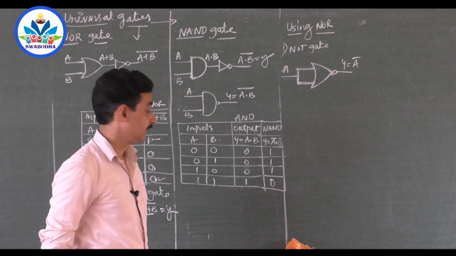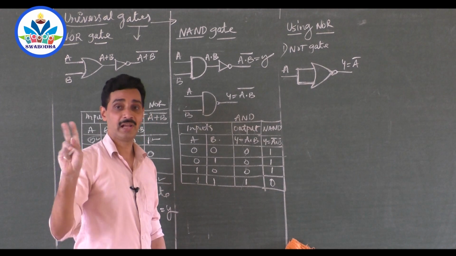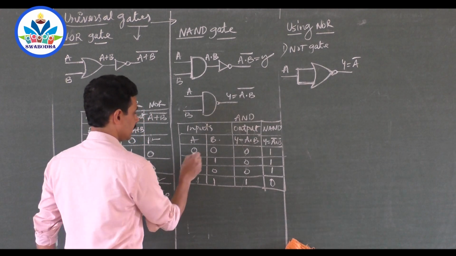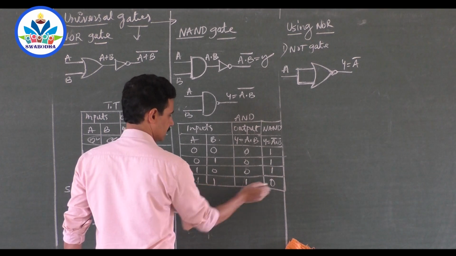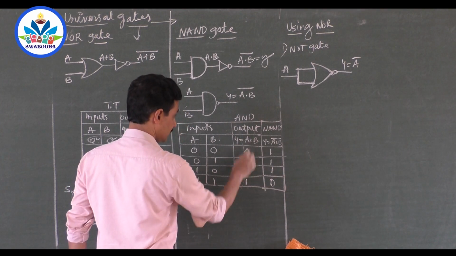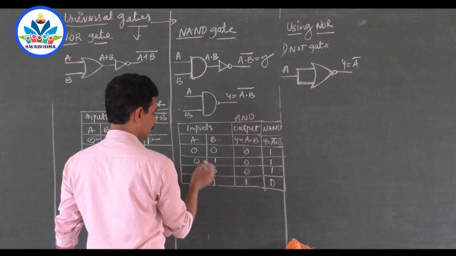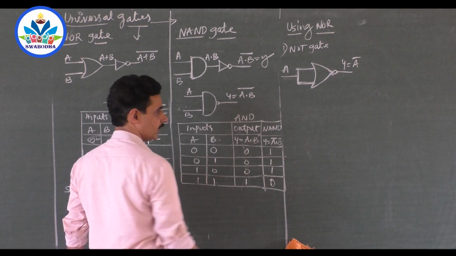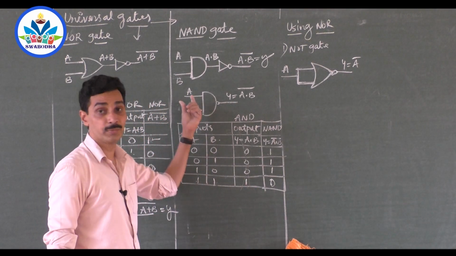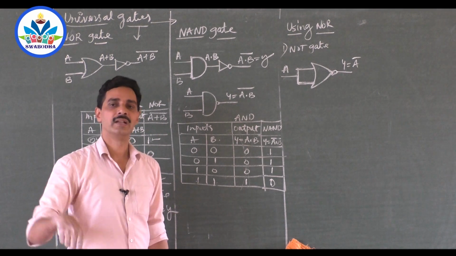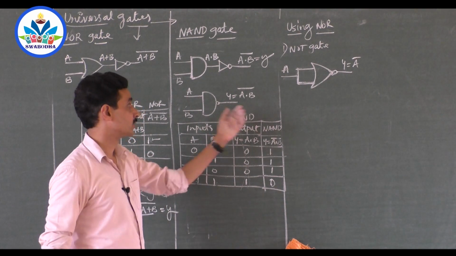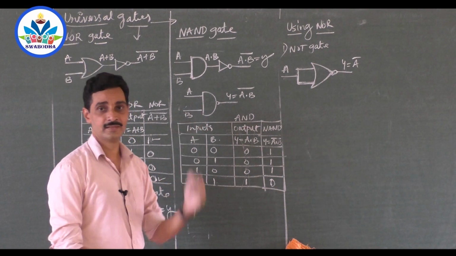And another thing, even the NAND gate gives the same type, right? You see, the inputs 0, 0, 1, 1 give outputs 1, 1, 0. Not this one, the AND gate. NAND gate: 0, 0 gives 1, 1, 1 gives 0. Here also, if you tie the inputs of the NAND gate together, you will get the opposite output. So that is the NOT gate using NOR gates.